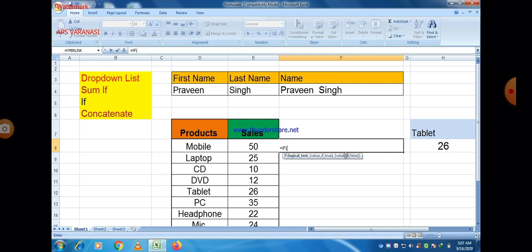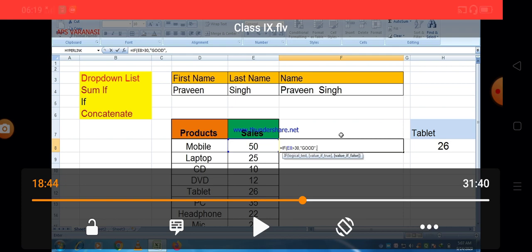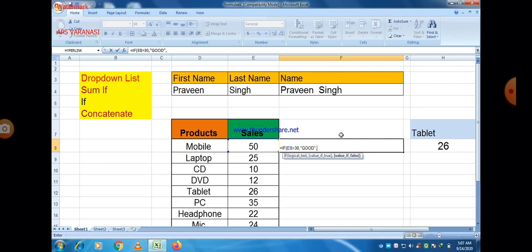So you can easily see that first we write equals, then IF, and there are three parameters in it. First is the logical test, second is the true value, and third is the false value. So first, what we have to do is give a condition, and that condition must be in the form of a logical test. When we say logical test, it simply means there is a condition and we use a logical operator, and logical operators are nothing but less than, greater than, less than or equal to, greater than or equal to, not equal to.